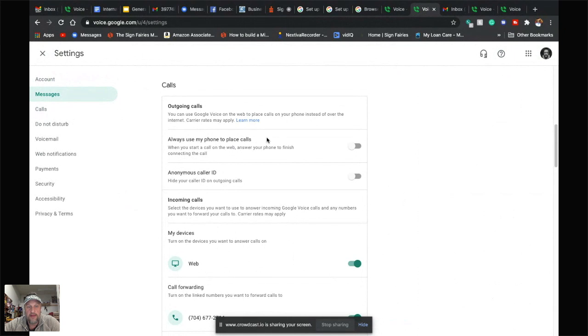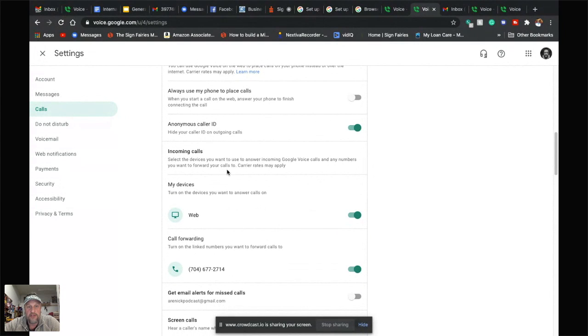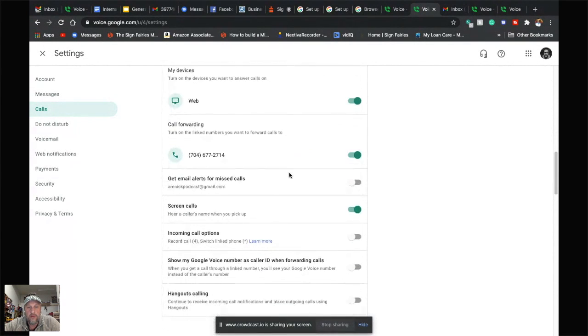It's going to ask you whether or not you always want to hide your phone number. I'm going to do that. For incoming calls, select that you want to use the answer incoming voice call. Yep, you want to do that. Screen calls. This is what you have to do. You have to hit screen calls. Here's why. When someone calls you that you don't know, they'll screen it for you. And if you don't want to talk to somebody,